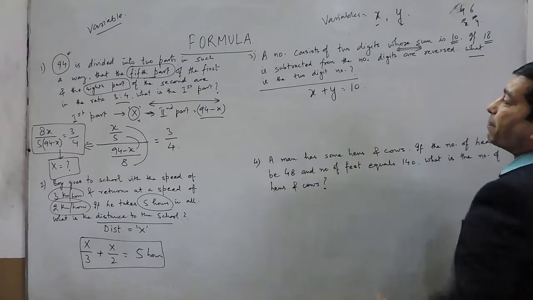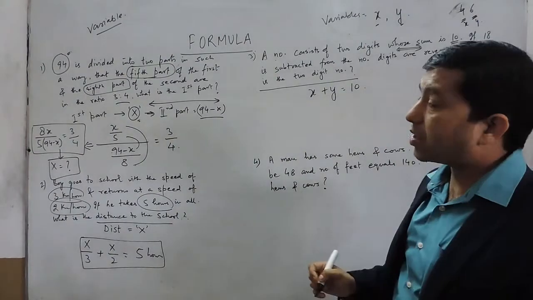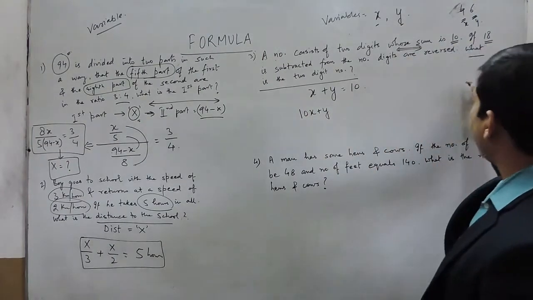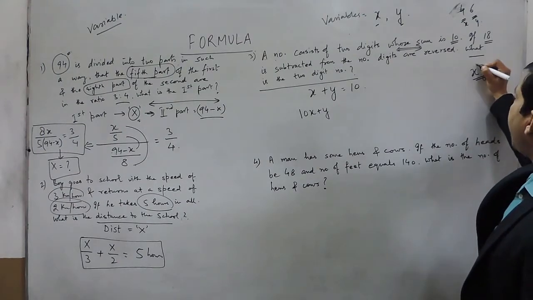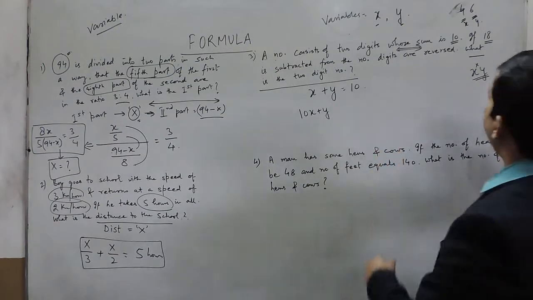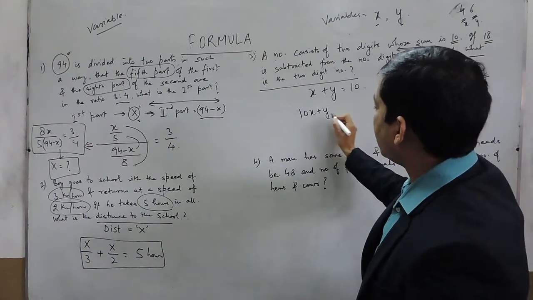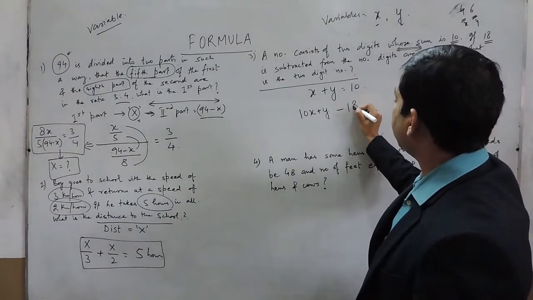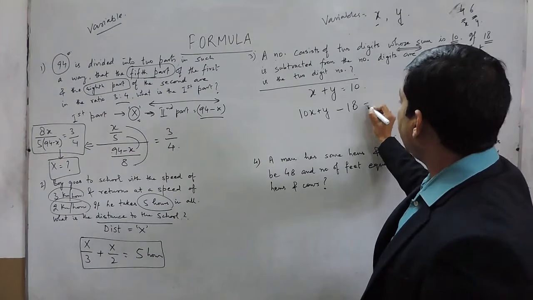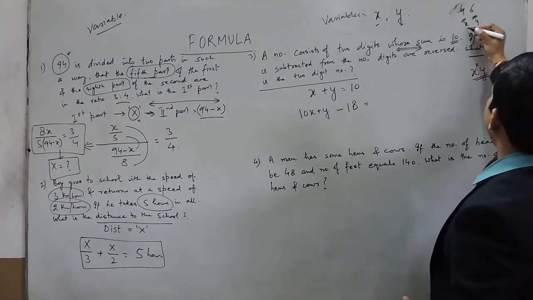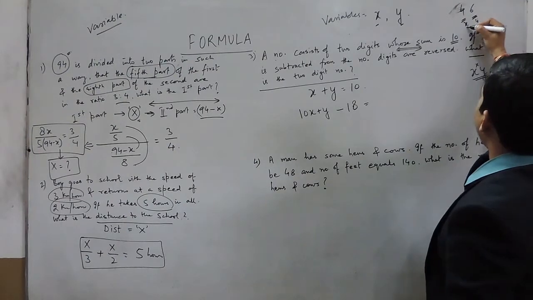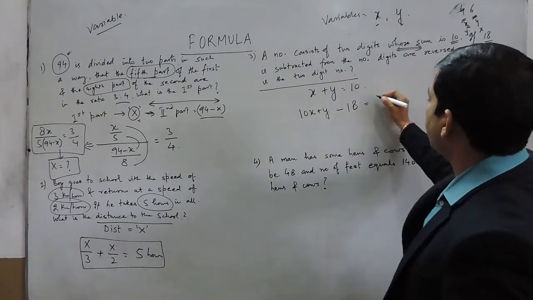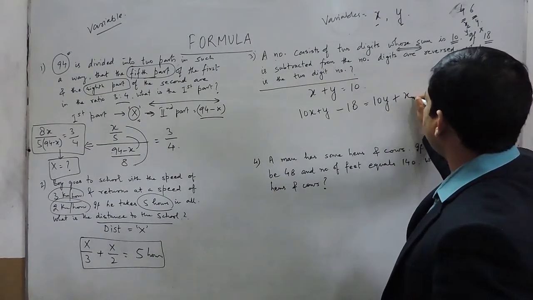Now, if 18 is subtracted from the number, in the last video we already discussed that the number must be 10x plus y, because if I write xy, this will be treated as x multiplied by y. But for a number like 46 or any other number, it has to be written as 10x plus y. From this number, when 18 is subtracted, the digits get reversed. Instead of y, it comes x, and instead of x, it comes y. The unit and tens places reverse themselves, so the number will become 10y plus x.